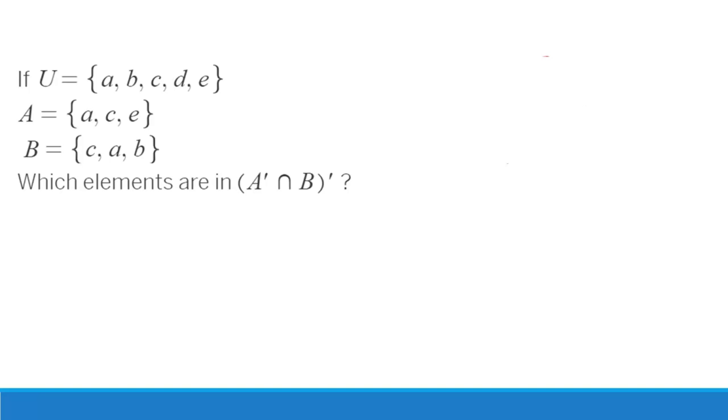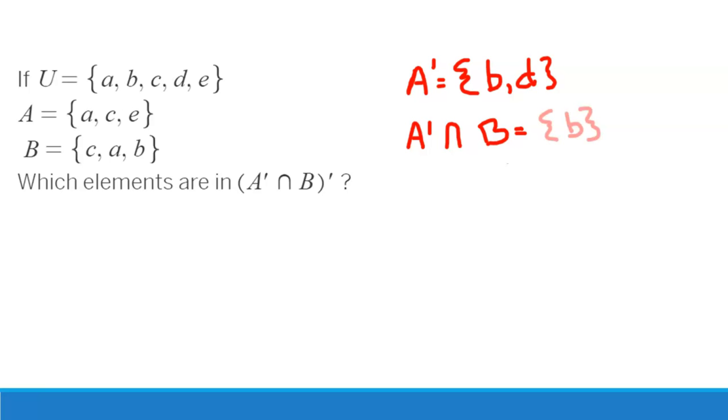Let's break down the statement. We'll start with A complement, which is everything not in A that is in the universal set. That's the elements B and D. We also need to take that set and intersect it with B. So A complement intersect B consists of all the elements that are in A complement and also in set B,